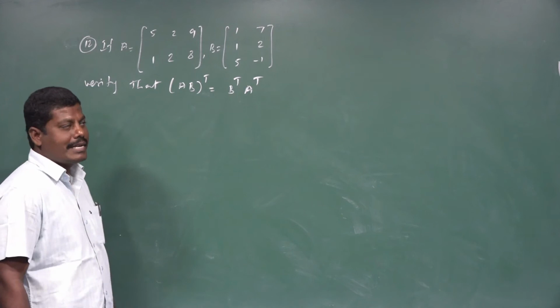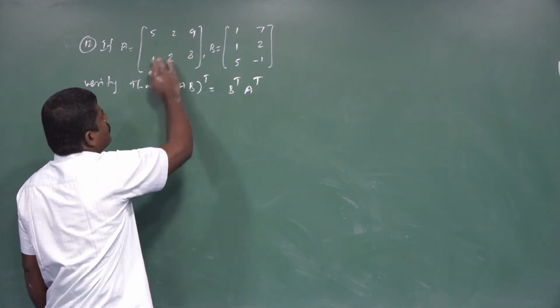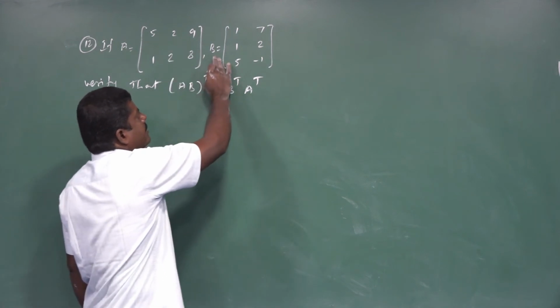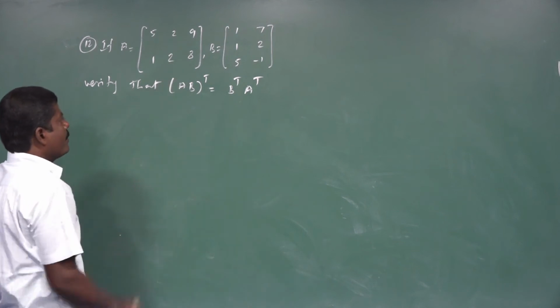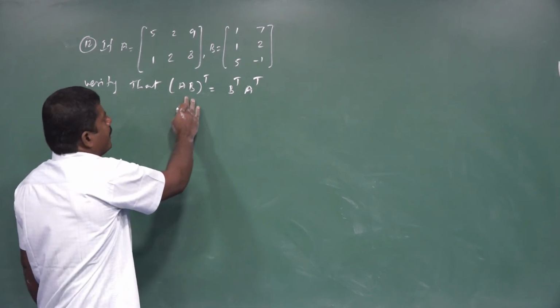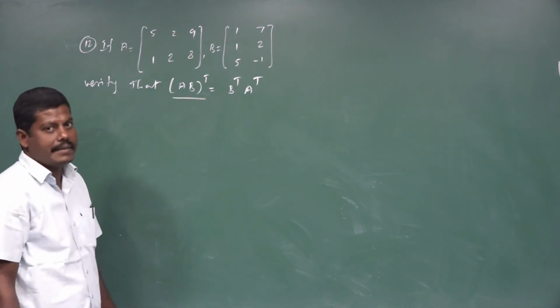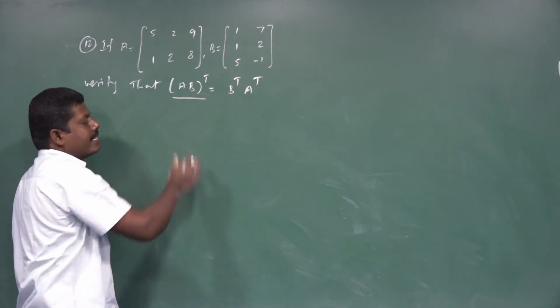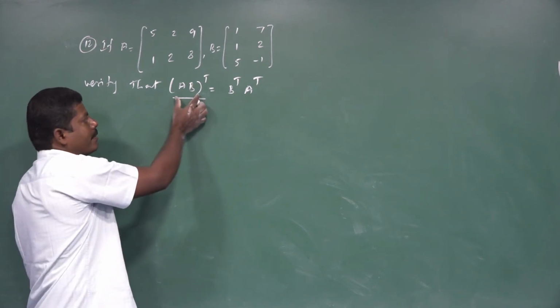Okay, next we'll listen to question number 12. Matrix A is given with order 2 by 3 and matrix B is given with order 3 by 2. Using the two matrices, you want to verify that (AB) transpose equals B transpose A transpose. First you find the left side. Within the bracket AB is there. According to our BODMAS rule, our first preference is the bracket.